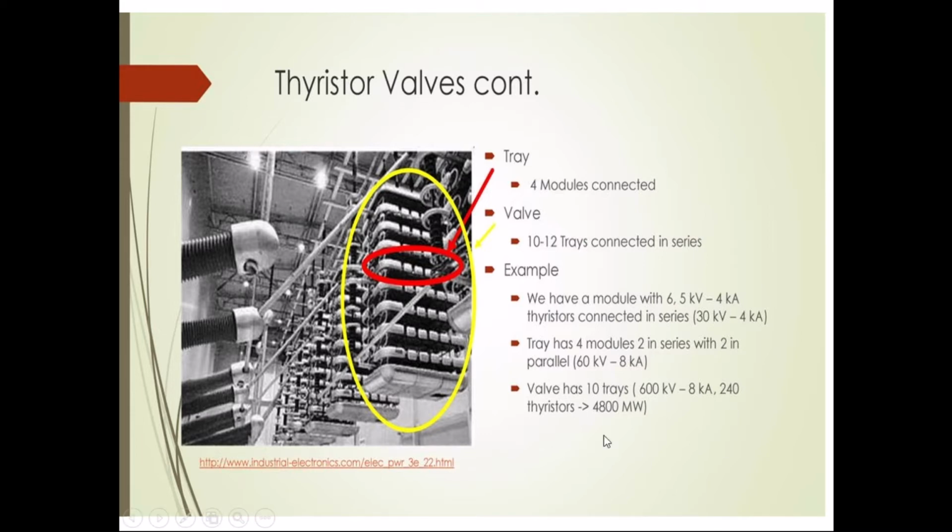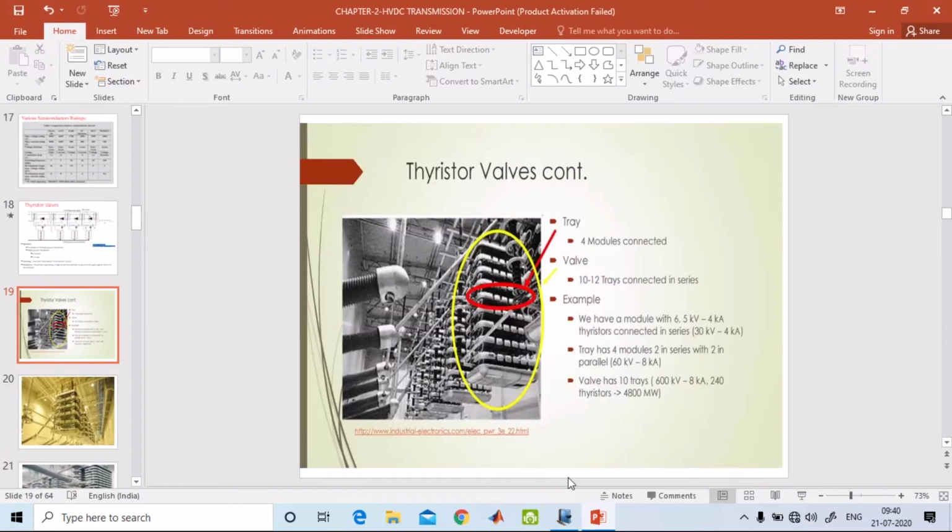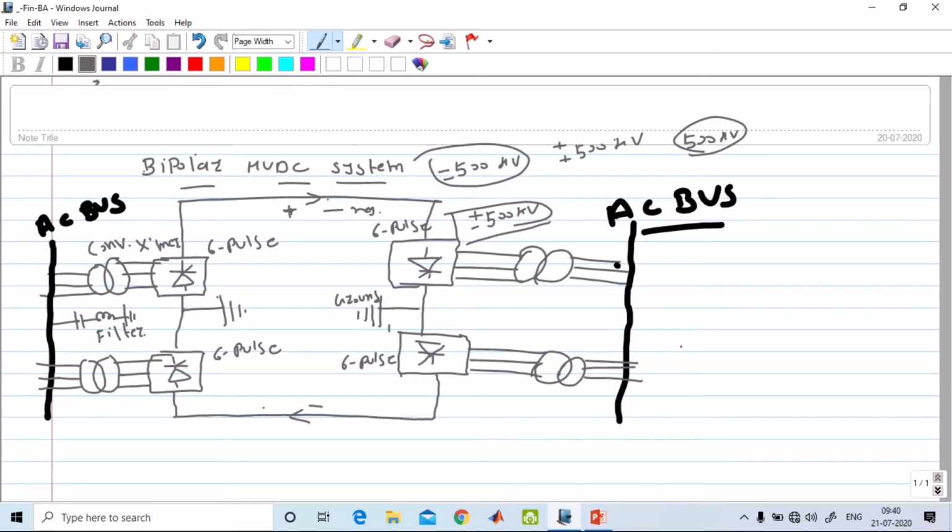Suppose I take an example of why we generally use more thyristors compared to the rated capacity. Suppose I use 5 thyristors in series. Suppose I operate this valve, one valve, at 100 kV. As per the rating, suppose I have available a thyristor which has a rating of 5 kV, 5 kV rating for one thyristor.